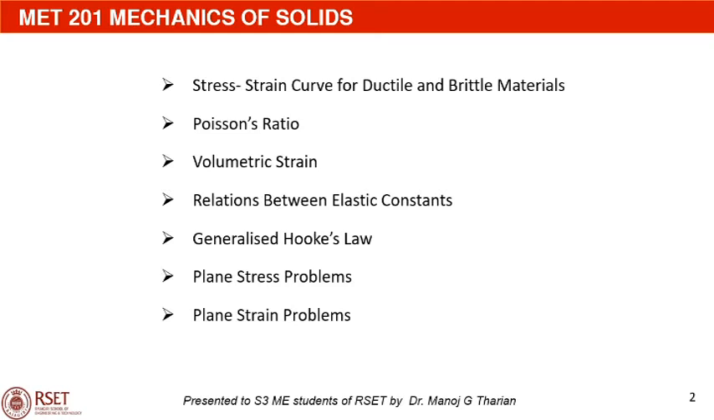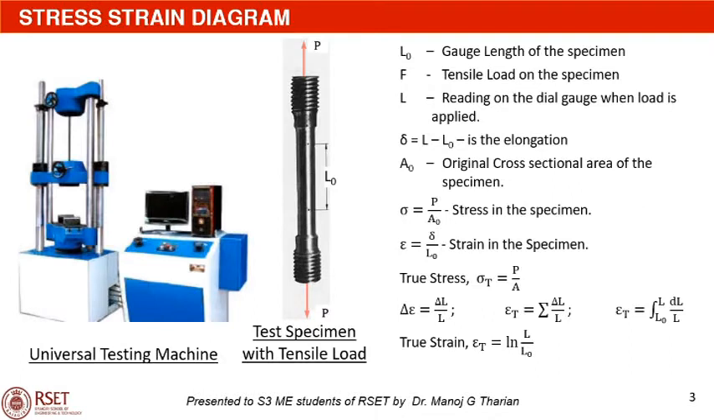This lecture will cover the features of the stress strain curve for ductile and brittle materials, Poisson's ratio, volumetric strain, the relations between the elastic constants, generalized Hooke's law, and finally we will see what is a plane stress problem and a plane strain problem. A graph showing the variation of stress versus strain for a given material is called the